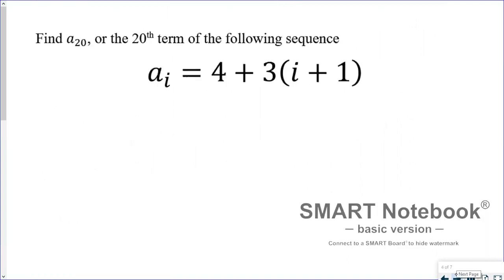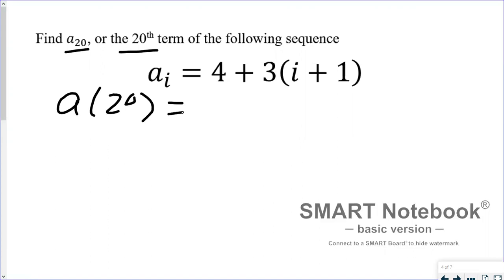The 20th term of a sequence. This one's not as easy as the last one because we're given a formula, but it is easier than finding it using a recursive formula. So to find the 20th term, all we have to do is plug in 20 for i. So we're going to say A20